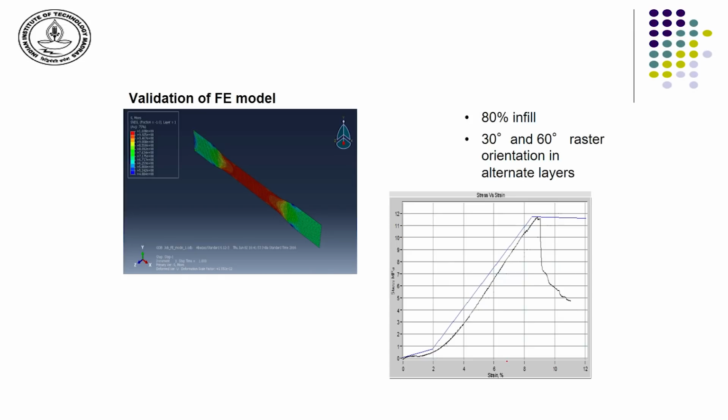What we see here is a validation of such a computational model. This is a computational domain, and here we see the computational model's response against an experimental response. Once we have these kinds of validated models, we can use these models in an optimization framework to optimize the part design considering these process variables.